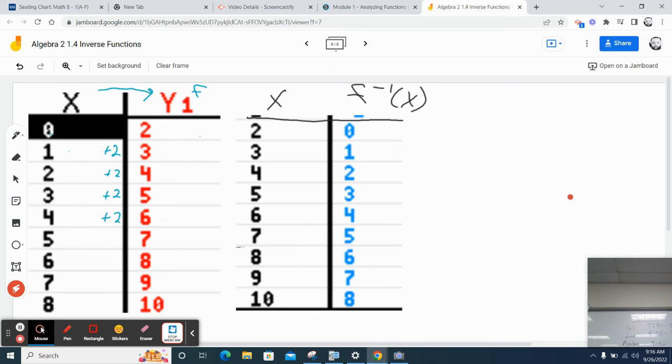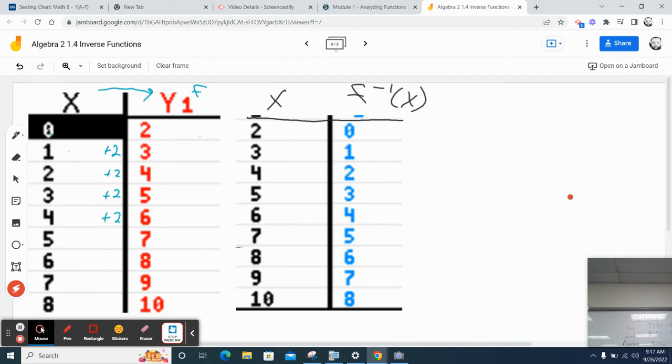What do you notice? I notice that when I plug in an input value for F, whatever that output value is, if I plug that output value in for the input value to F inverse, I get my original input. Okay? So as you're writing this down,